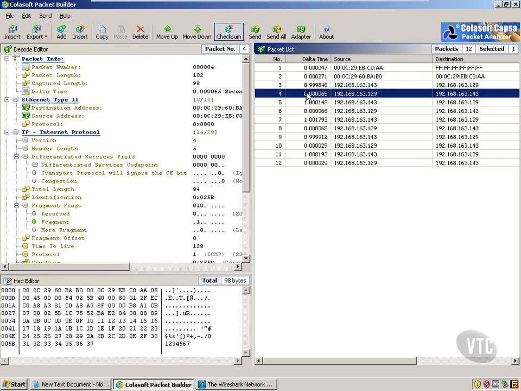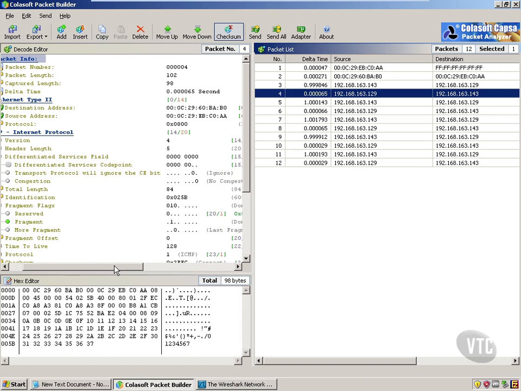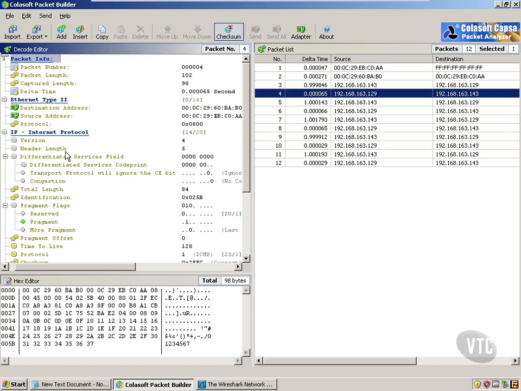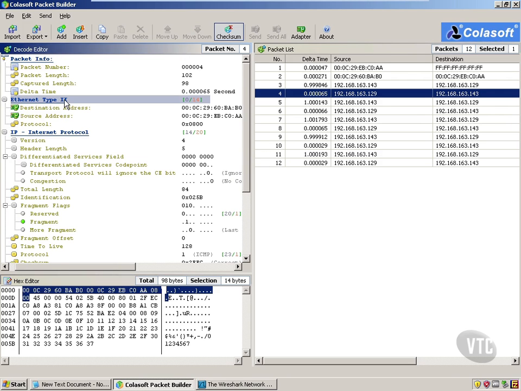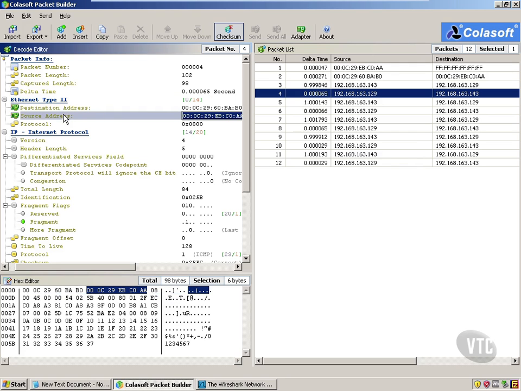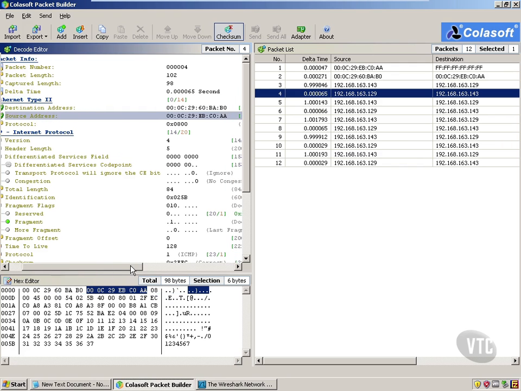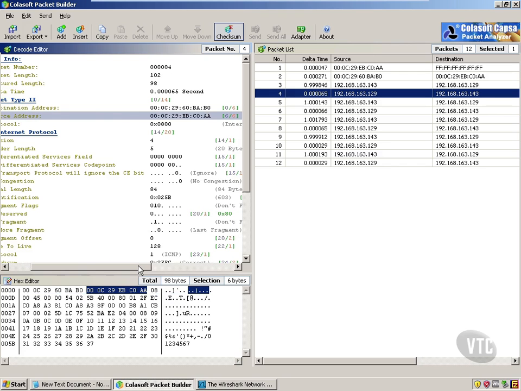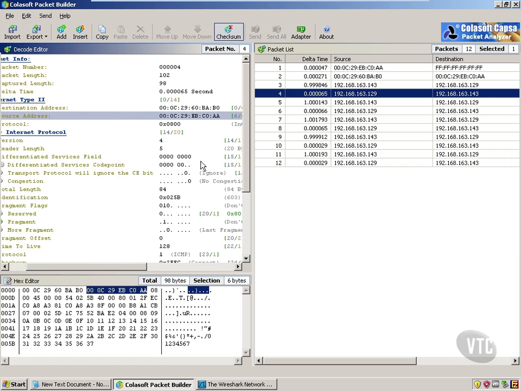So I've got the packets loaded here, and on this pane you can actually see where you can edit this information. Let's scroll over a little bit. We have our Ethernet Type 2. This is the hardware destination and source addresses. What I need to do is edit this to reflect the CentOS box. So I need the source MAC address from the CentOS box. So I can edit this right here. And I happen to have that in a text document right here. And it is